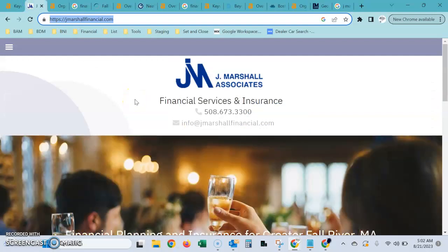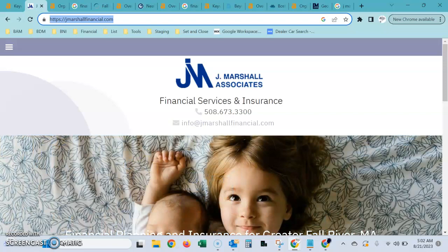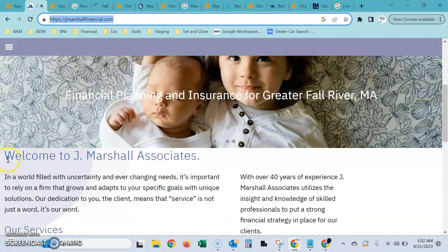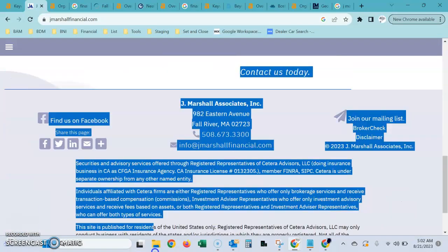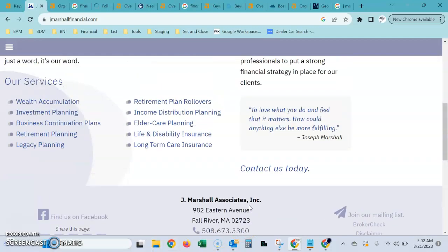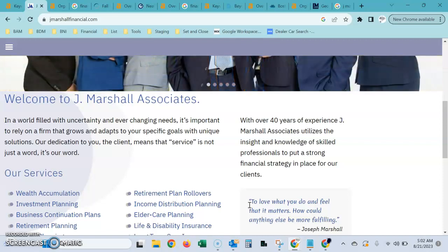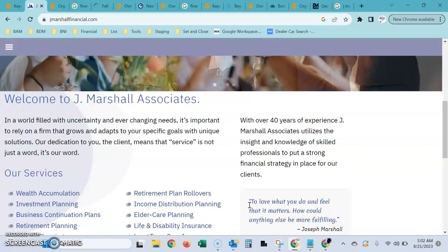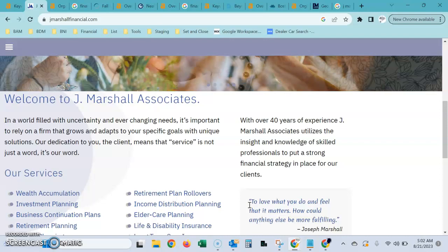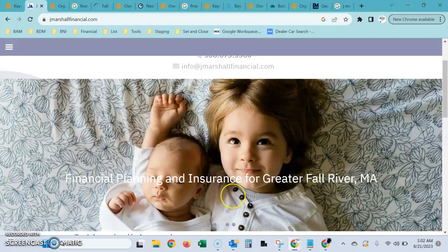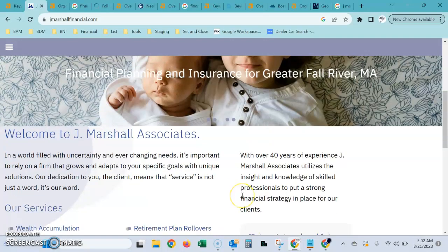So if we take a look at the site here, Google, being a robot and a computer, doesn't care about your layout. The first thing it's going to do is come in and count all the words and text on your page. Now, generally speaking, we usually recommend a minimum of around 1,000 words on a home page, only because the more information that you give on the page, the more of an expert that Google sees you as, and then the more likely it is to recommend you. Kind of like the difference between having a single book versus an encyclopedia.